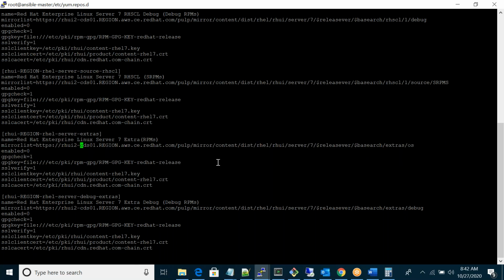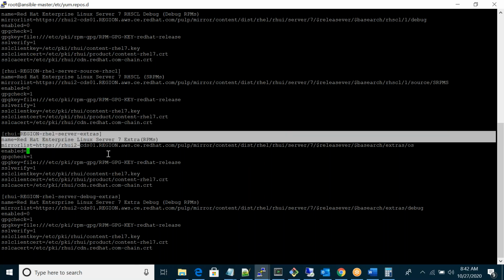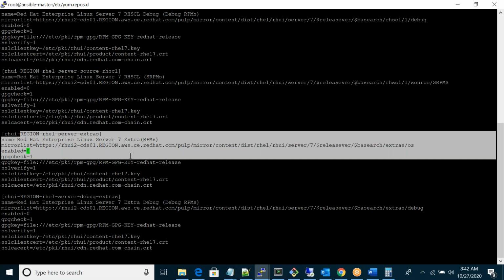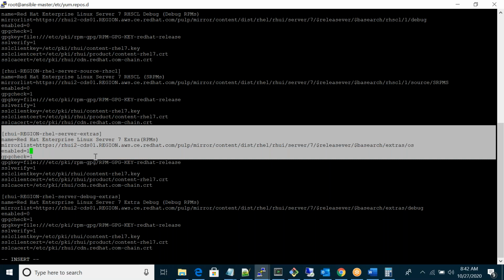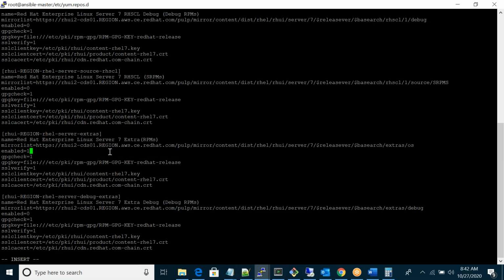But if you see here, enabled=0. Zero means disabled. So this particular repository is disabled by default. If you want to enable it, just give 1. One means enable, zero means disabled. So now I'm enabling it. I'm giving 1, which means I'm enabling this particular repository here. So save it.